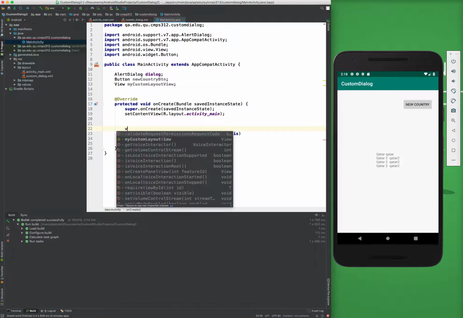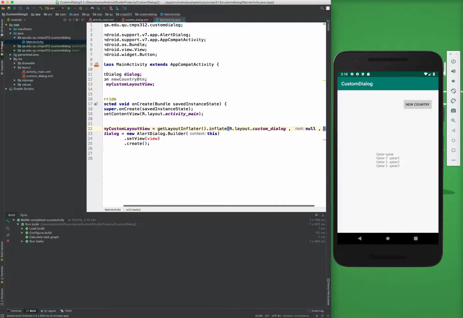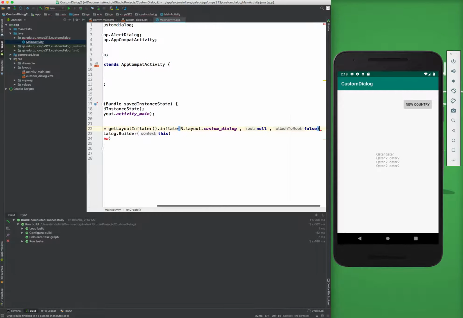Now I'll say my custom view equals to get layout inflater dot inflate. Okay, then I will give it r dot layout dot custom dialog. So I called it custom dialog and I'm inflating that one. Next one is going to be null because I don't want to attach it to anything, and also the last one is false. Okay, so now I have my view